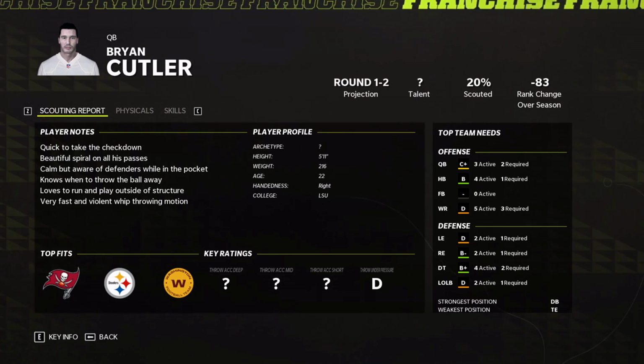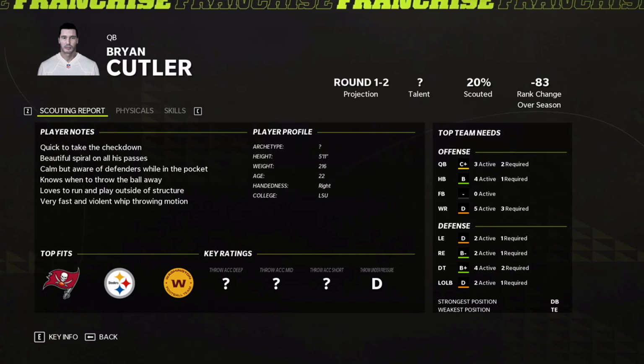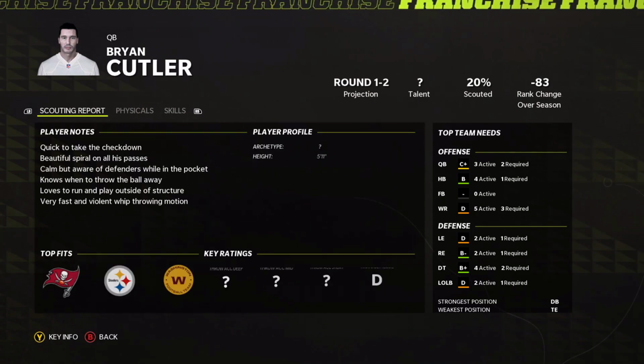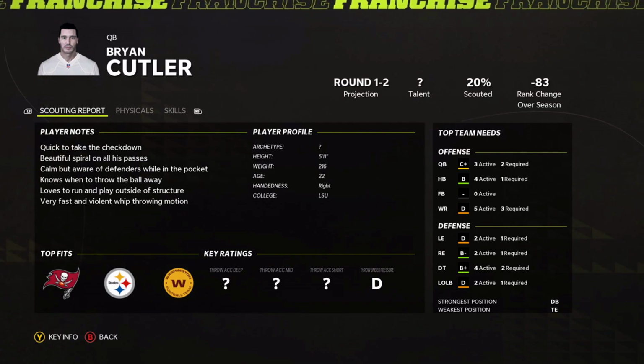Quick to take the check down, conservative passing. I don't particularly like conservative passing, but it's not that big of a deal. Loves to run and play outside the structure. He'll probably have really good physical stats. Very fast and violent throwing motion. I think that's